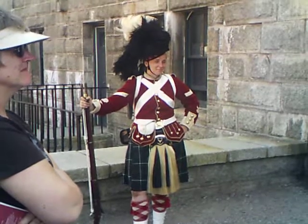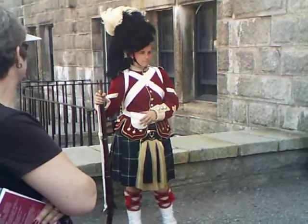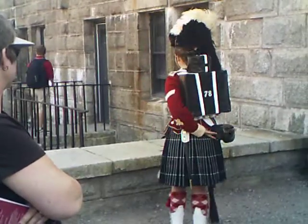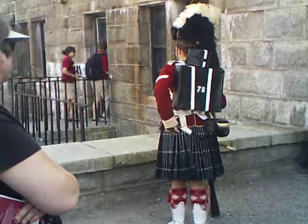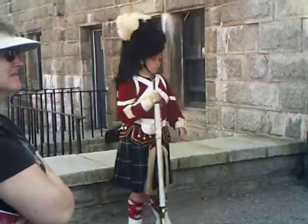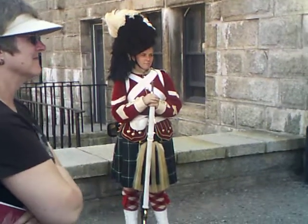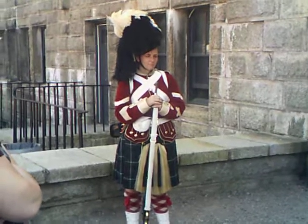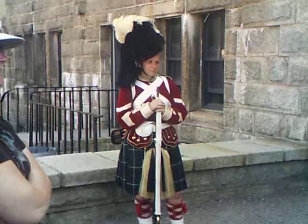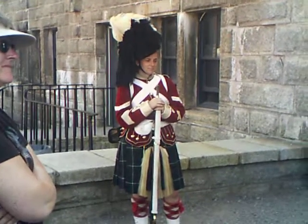Sentries do have all their rifle gear with them as well. That little pouch on the front holds about 10 rounds of ammunition, as well as one on the back that holds about 30 more. Of course, the bayonet in the back as well, in case someone gets a little too close. These rifles do take a little bit of time to reload, not as much as the muskets, but still about 5 or 6 seconds. If someone's a little bit fast, you can pull out that bayonet, and suddenly your rifle is also a spear. It's quite useful. So, are there any other questions about